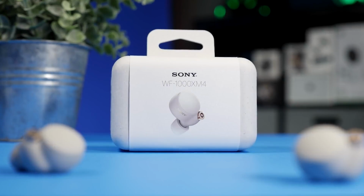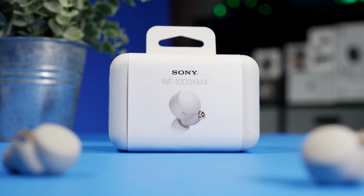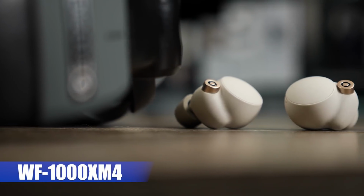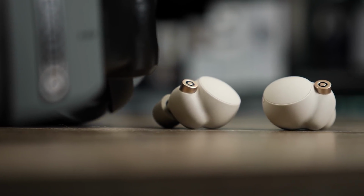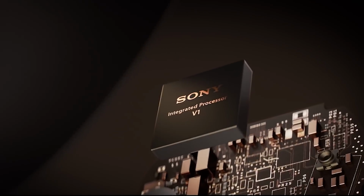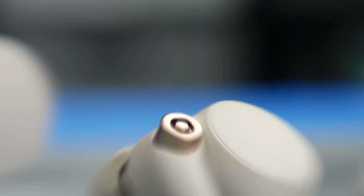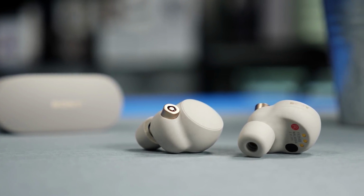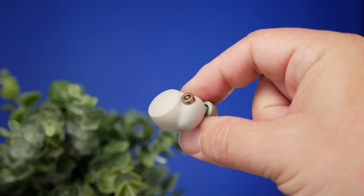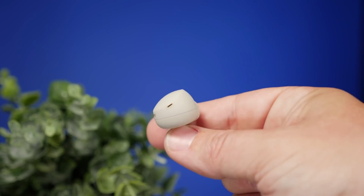So the next group of products that I want to talk about are just all from Sony. Now, you can pick up the Sony WF-1000X M4s, which in my opinion is one of the best earbuds you can possibly buy. Now, it is normally expensive coming in at $280, and it's not much of a markdown coming in at $250, but to get the noise canceling that you're getting and to be able to get a pair that has this type of sound,